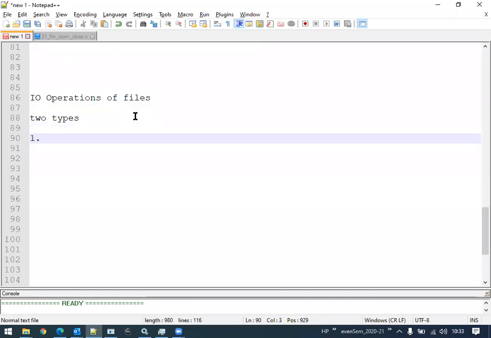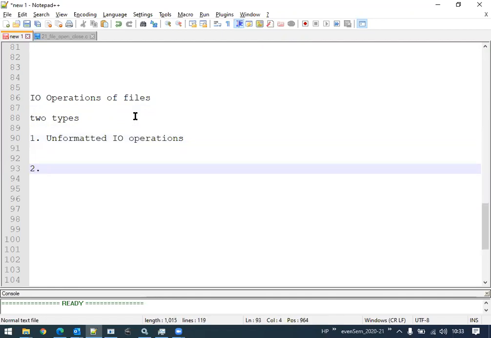The first type we call unformatted IO operations, that is input output operations. And the second one is, obviously, the formatted IO operations. Unformatted input output operations and formatted input output operations.